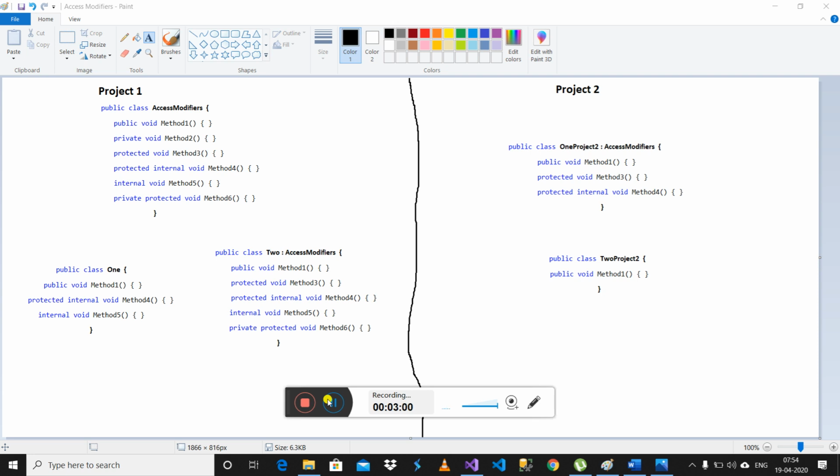When we declare a method as public, it can be accessible from anywhere, with no restriction. When we declare it as private, it can be accessible within the class only. When we declare protected, it can be accessible in inheritance only.